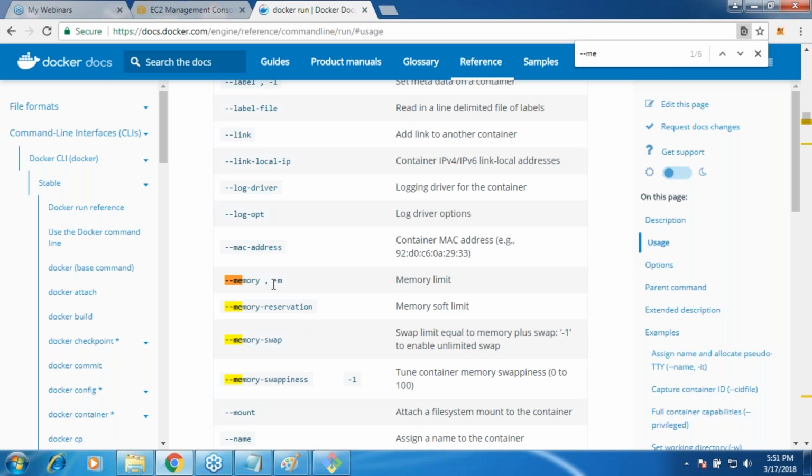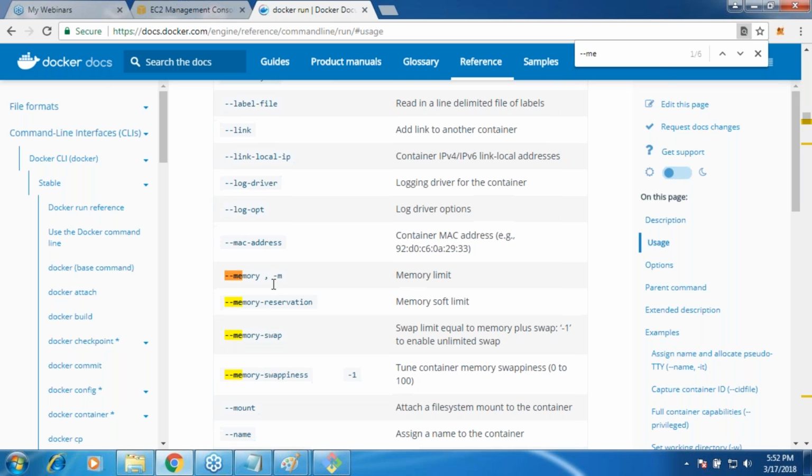But the important thing over here is a very frequently asked interview kind of question. If I have to set some memory for my container, how will I set it? Docker run with the memory option, give whatever value you want, and that will be set. If you want to set the reservation, or a soft limit, what is the difference between memory and memory reservation? Memory will be consumed. Memory reservation is a soft limit, so it will grow up to that point. You might say 2 GB, but it will not be using 2 GB; when it requires, it might go up to 2 GB. That's the whole point. You have many options around here.